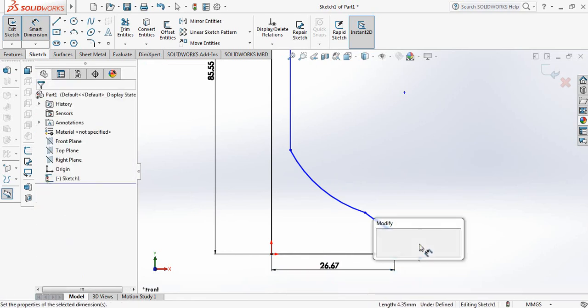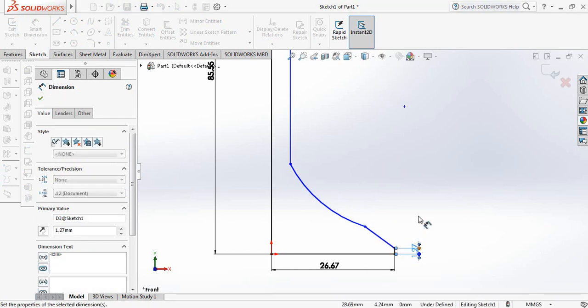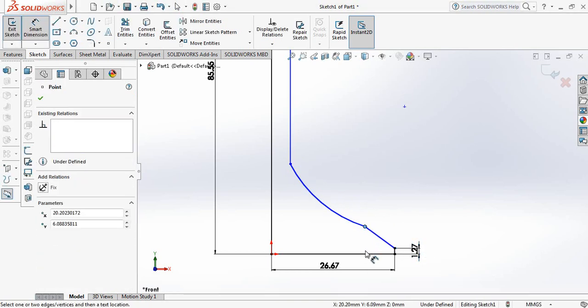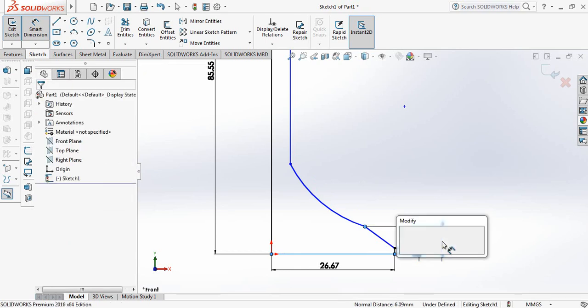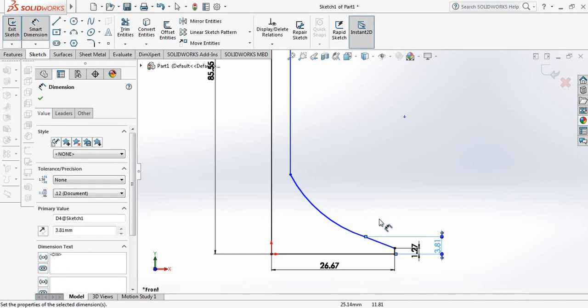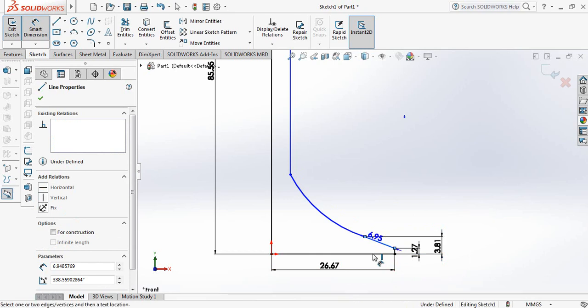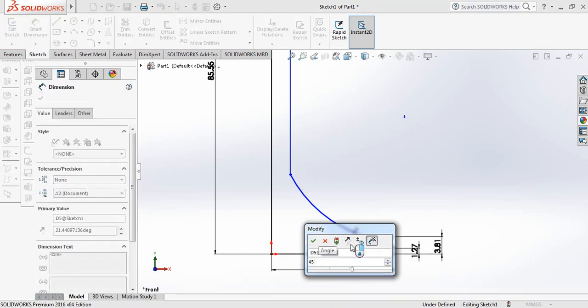Now this one 1.27 millimeter, and this distance take 3.81 millimeter, and this angle 45 degree,